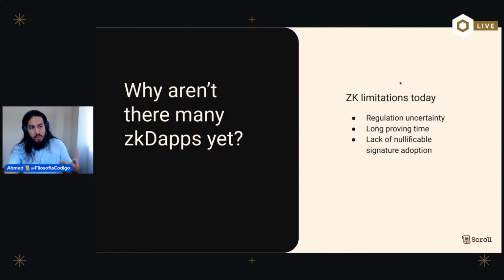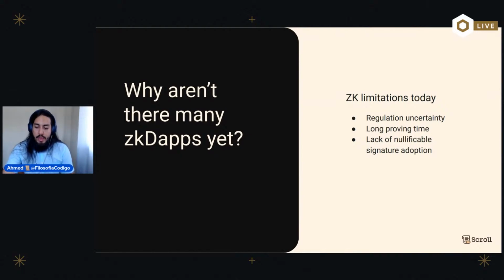Remember that when you transact on Scroll, you make a transaction, it gets confirmed on your MetaMask fast, and you can see your balance change. If you make a swap on Uniswap, it's super fast. If you deposit on Aave or Safe, it's going to be super fast. But if you want to have full certainty that your transaction is secured by Ethereum, it's going to take a couple of minutes. So hopefully in the not so distant future, we'll have much lower proving time. And the third reason